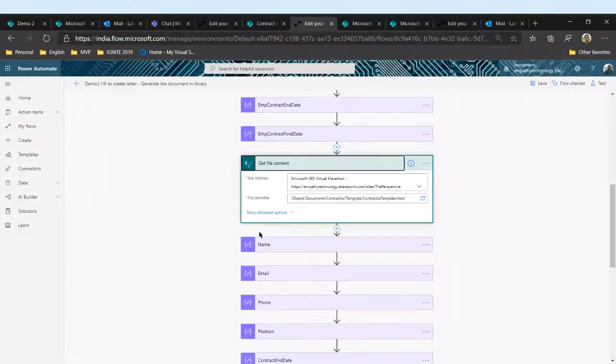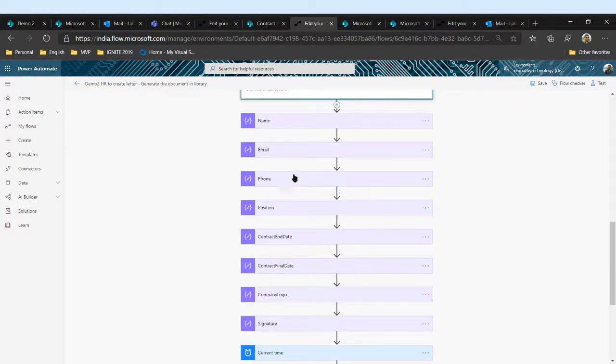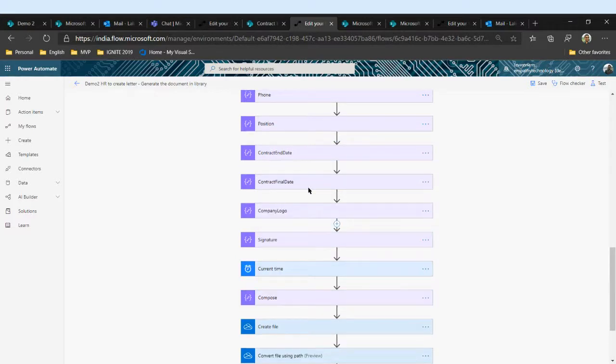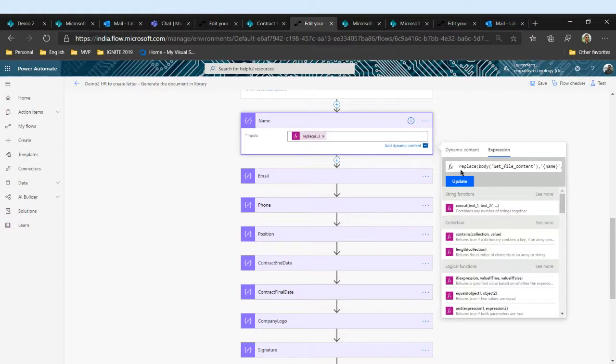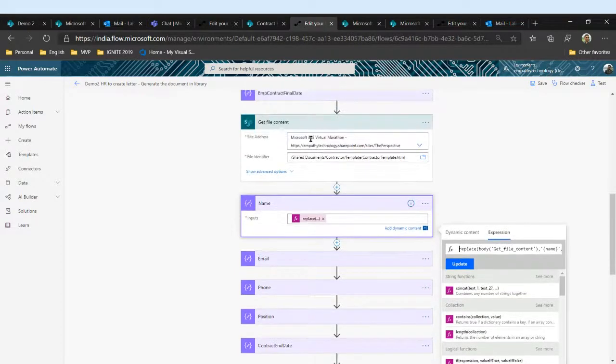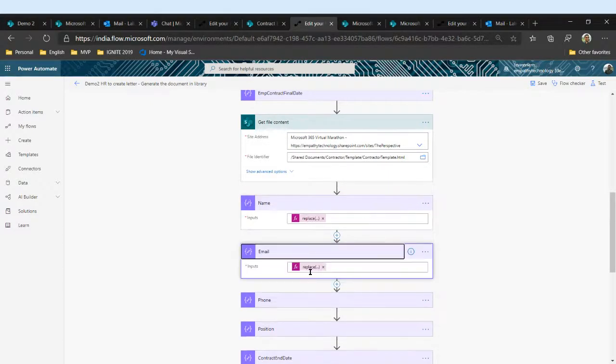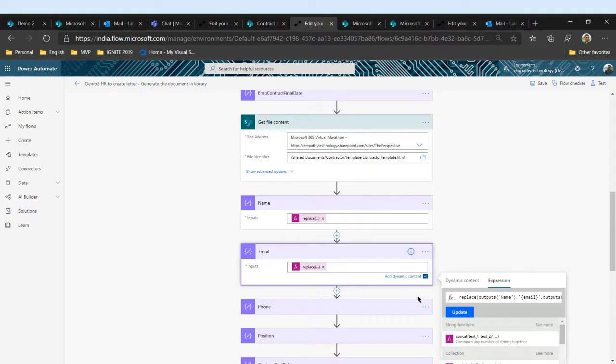So let me tell you how we can set the variables back in the template to create our PDF document for each of the cases. So here I'm replacing this data. One thing that you have to remember: you're going to use the replace action, and that replaces the content of your template with the name of the employee. If I want to infuse the email address in the document, I'm going to use replace as a function, which understands the output of my template, and then it replaces it with